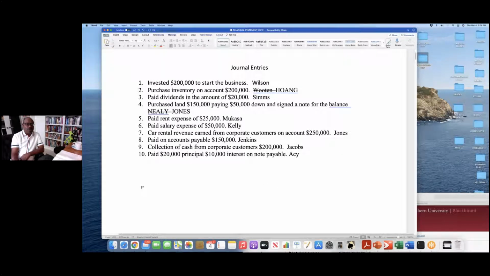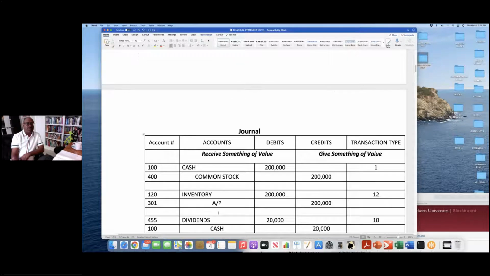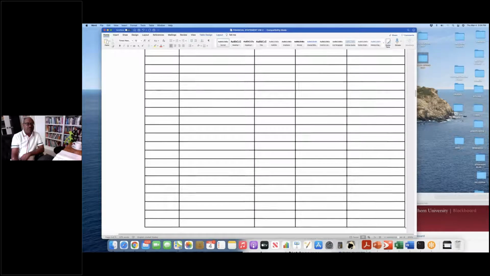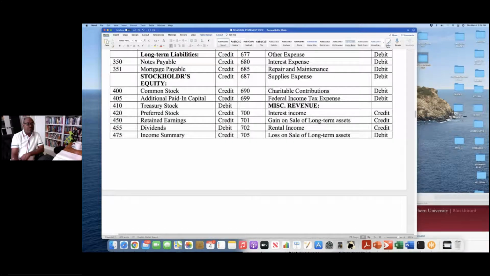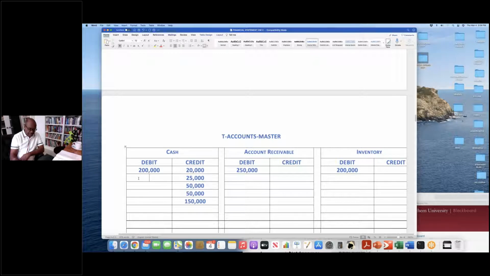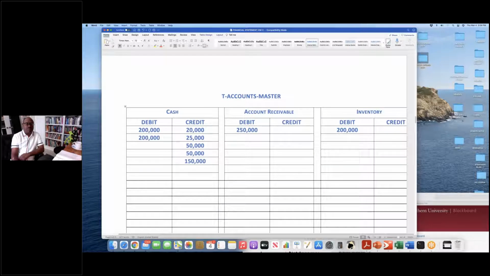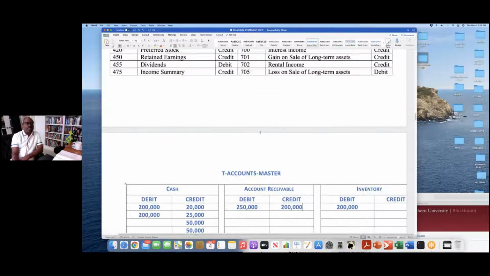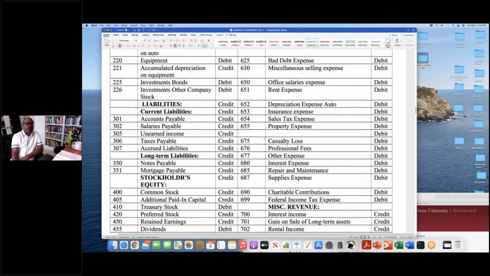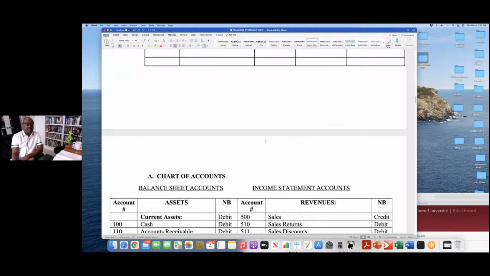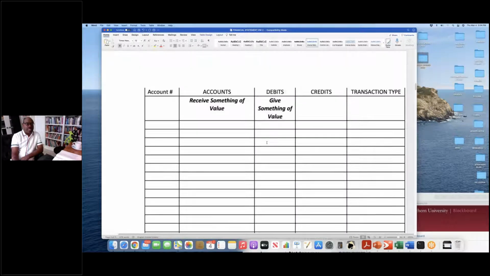And then for the posting, you're going to debit 200,000 for cash. Debit 200,000 for cash. And credit 200,000 for accounts receivable. Okay. And our final one,